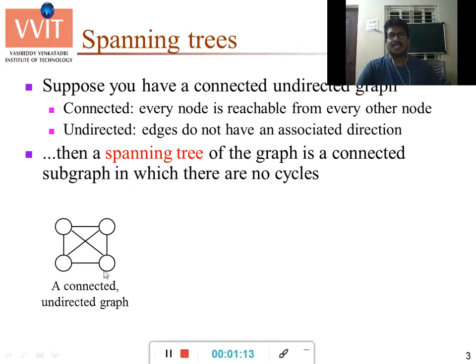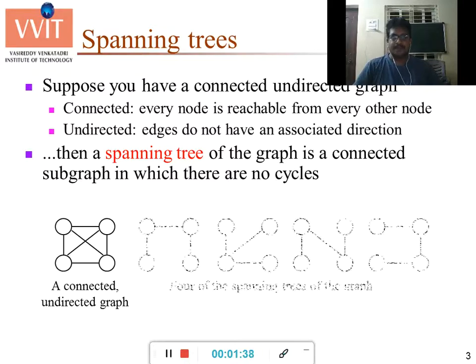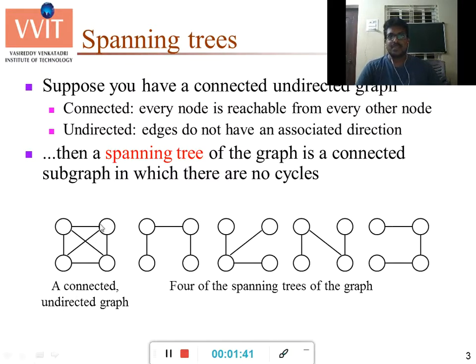For example, let us take this graph which consists of 4 nodes, or we call them vertices. This is node 1, node 2, node 3, node 4. And this graph has 6 edges: 1, 2, 3, 4, 5 and 6. Now for this graph, we can find the spanning tree. There may be different spanning trees for the given graph. So this is one spanning tree, this is another spanning tree, this is another, and this is a different spanning tree. Now it has to obey the properties of the spanning tree.